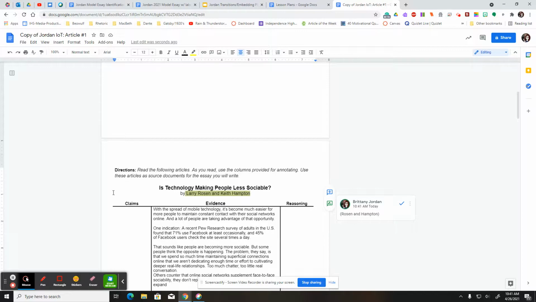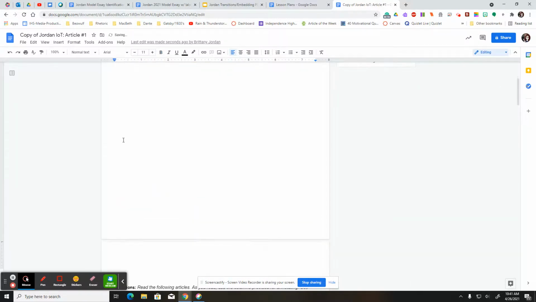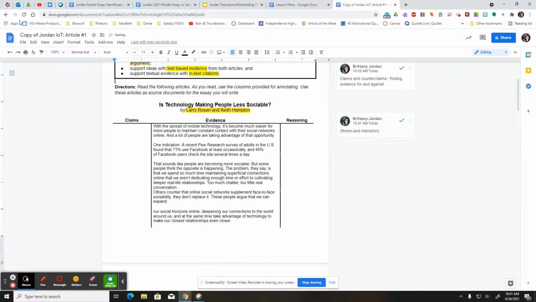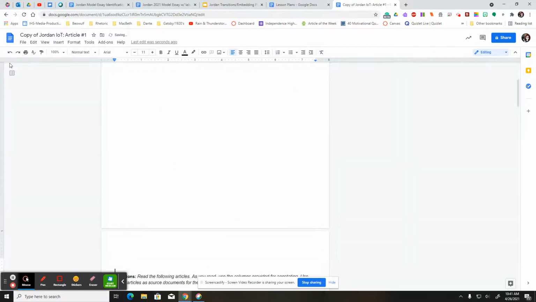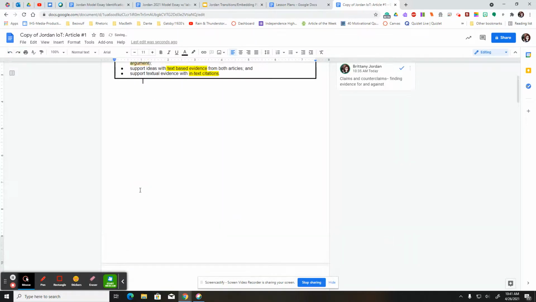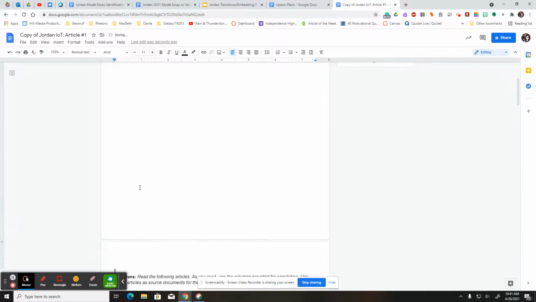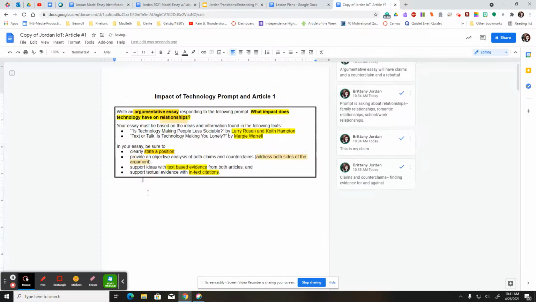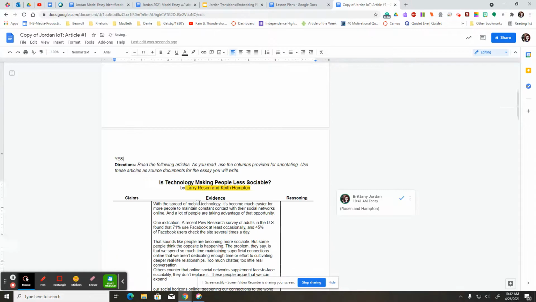Okay, so once we do that, I have already labeled for you your claims on your left side and your reasoning on your right side. So this is where you're going to write down all your notes and your thoughts. And then I want to create my key. So what I want to do is I'm going to write, let me see here, I'm going to create, oops, I just messed everything around. I'm going to create my key here. Well, it's not going to let me write that. All right. Okay, so I'll do it right there.